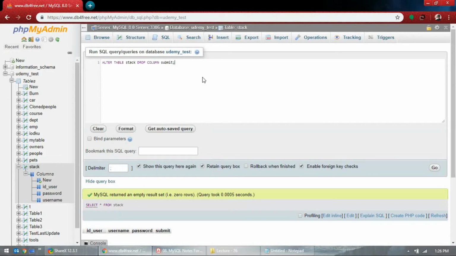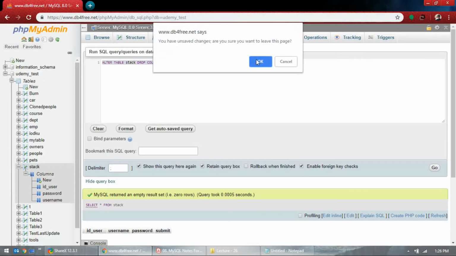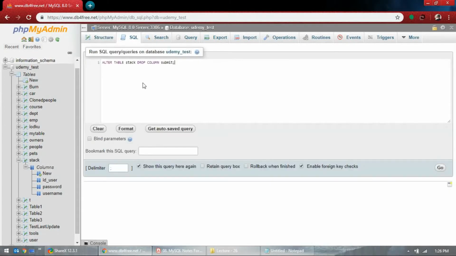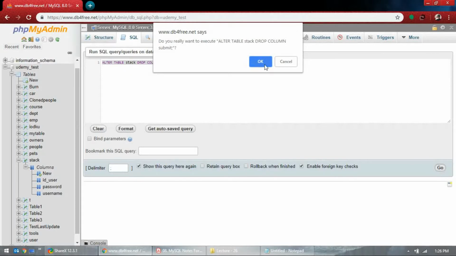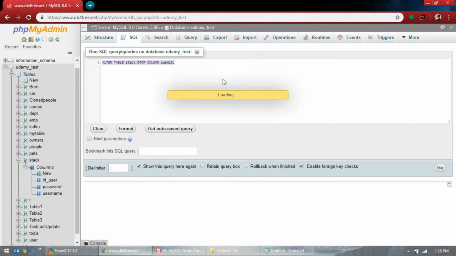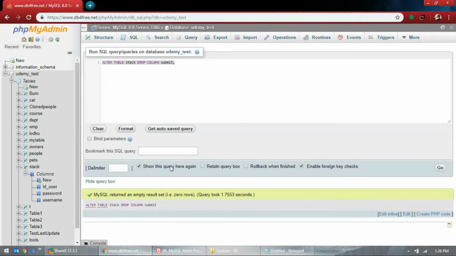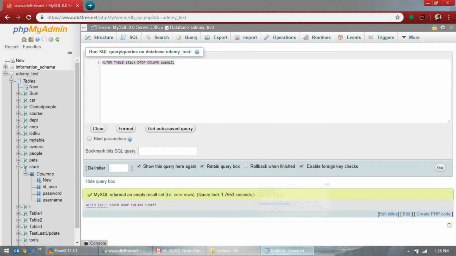So we'll run alter table stack drop column. Yes, we want to drop it, and it never showed before, so it doesn't make any difference, but we don't have that anymore.